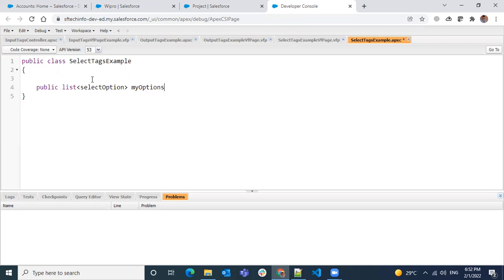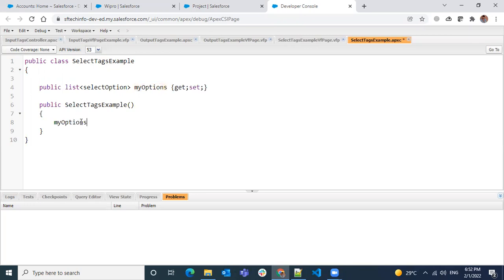My options. So public select tags example. Here we're going to add some options over here. Dot add